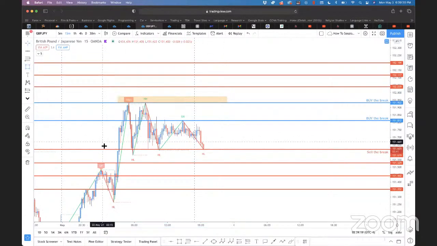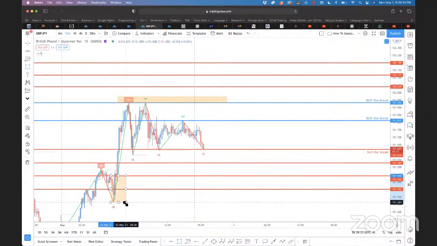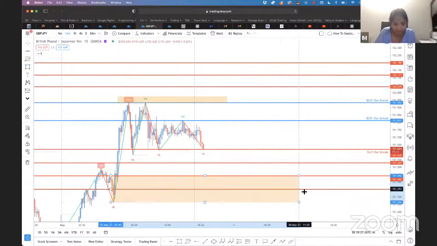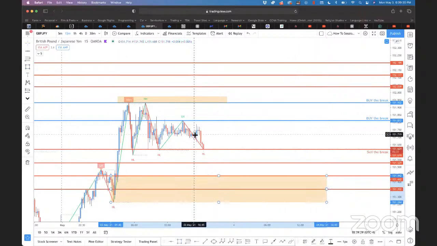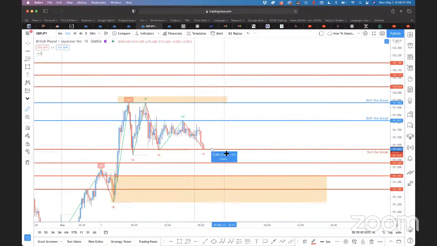Where is the liquidity? Where is the order block? That's this whole candle, this series of candles right here. So if I extend this out, this is where my demand is right here. So if I take this trade from this area right here,